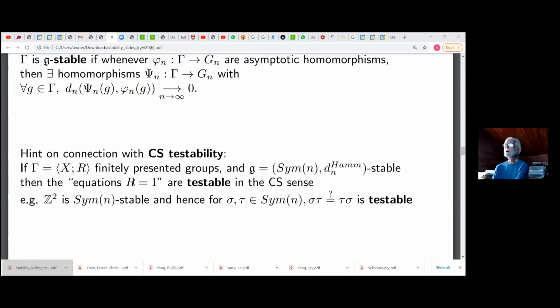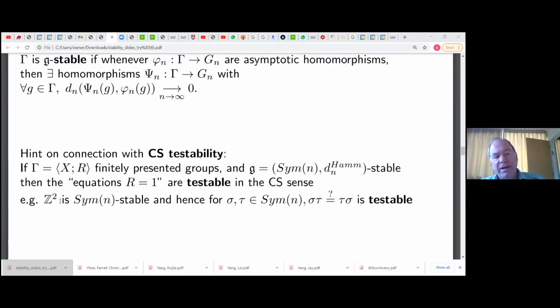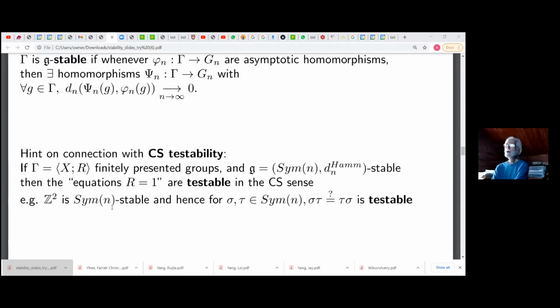Right? So homomorphism is a true equation, and almost homomorphism means that the equation is almost satisfied. The equations are almost satisfied, and that's completely equivalent. For example, here is a non-trivial theorem. The group Z2 is stable,